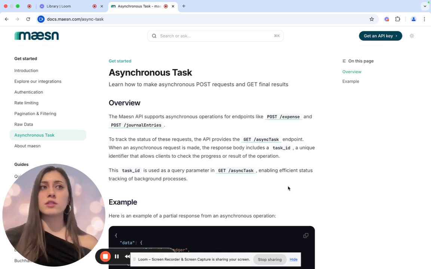The question is, what is an asynchronous operation? Well, an asynchronous operation is a task that runs in the background rather than being processed by the server in real time. This means that when you execute an asynchronous operation, the server doesn't complete the operation at the same time,